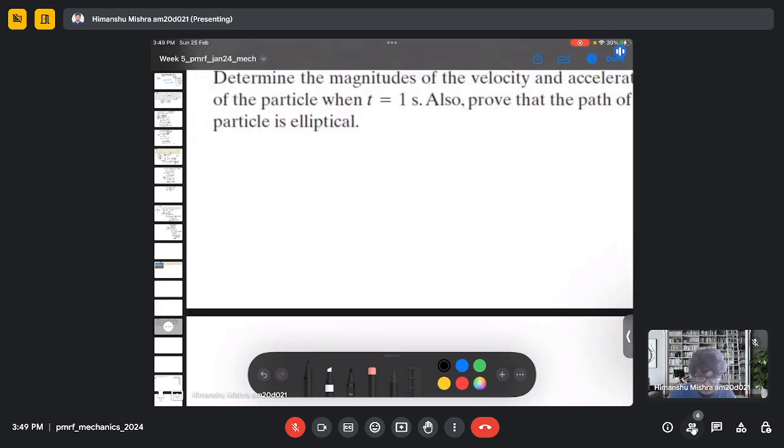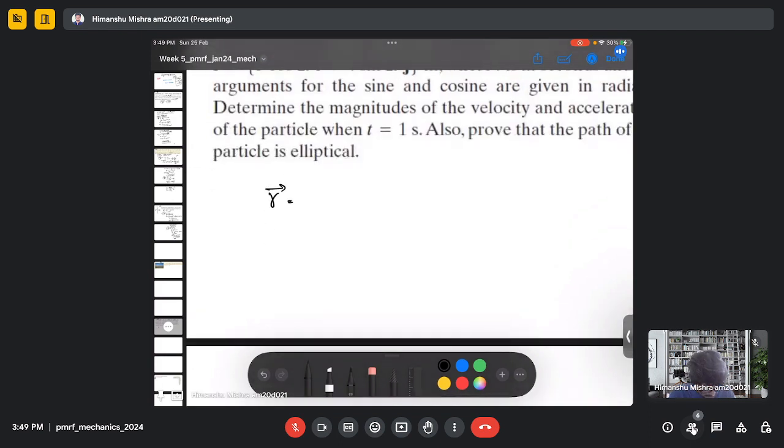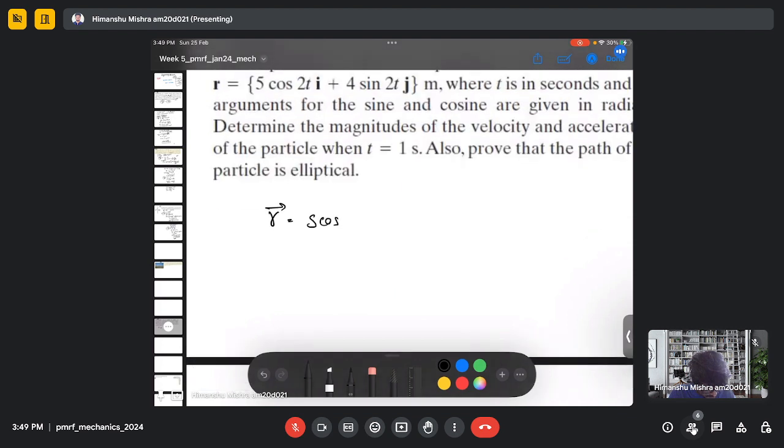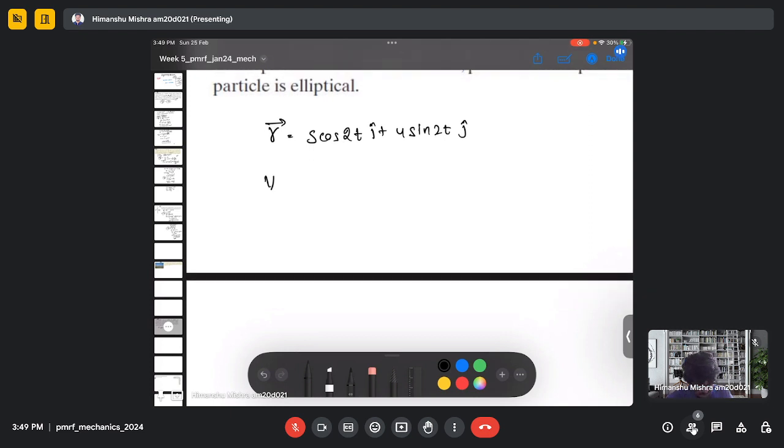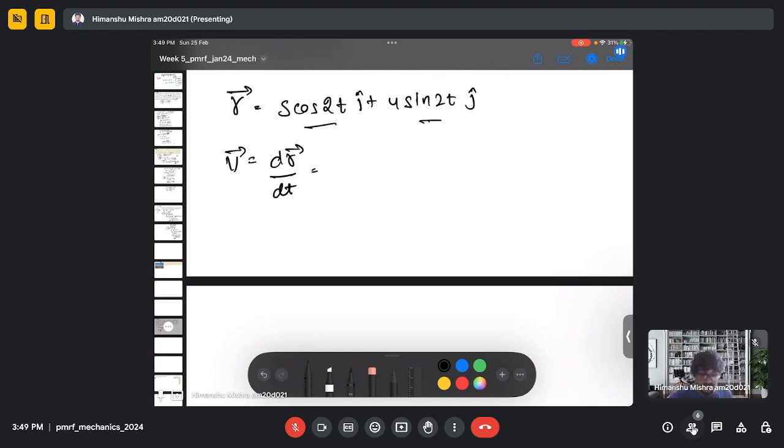So we have given the position vector r, which is pi cos 2t or sine 2t. And we need to calculate the velocity and the acceleration. So the velocity will be given as the rate of change of position vector, dr by dt. Now both the components are actually a function of time. So here we can directly take the derivative of both the components